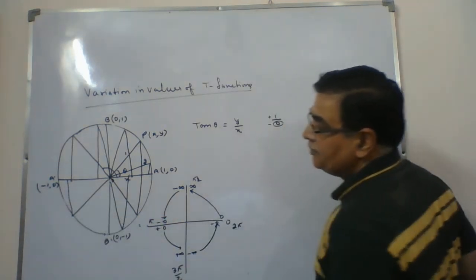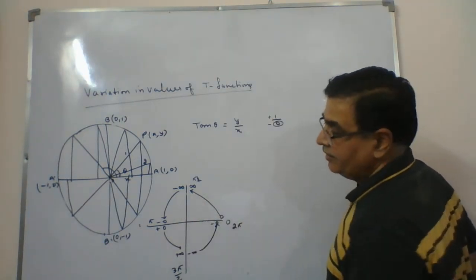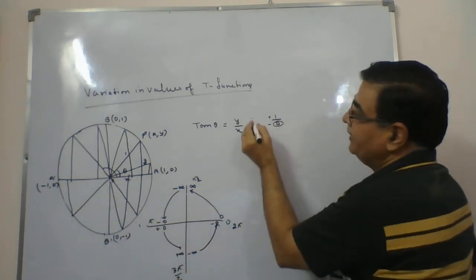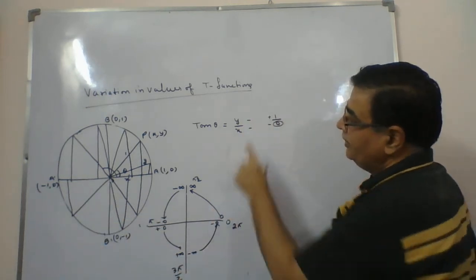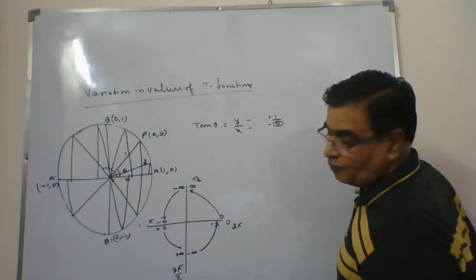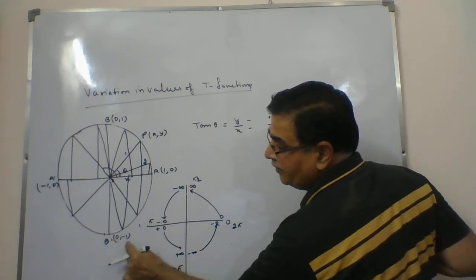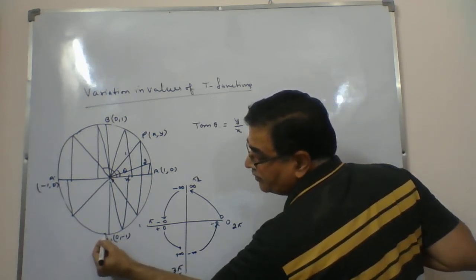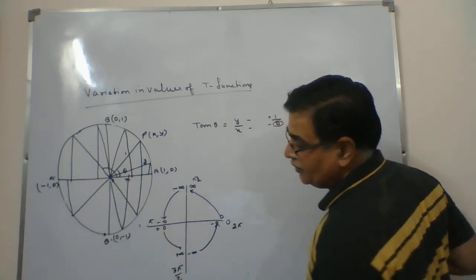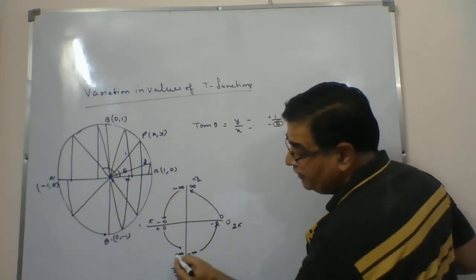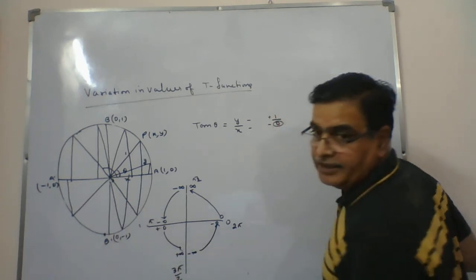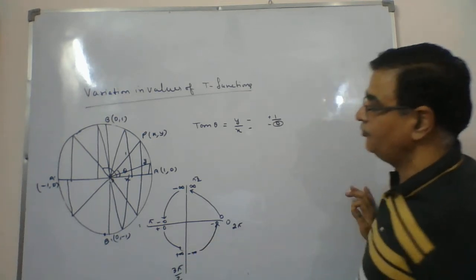At this stage, it will be 0 by minus 1, minus 0 here. As you reach here, x and y both will be negative. So it is negative, it is negative. In this case, the net result comes out to be plus. So 0 minus will now be replaced as 0 plus. Here we will say it is 0 and minus 1. When you are somewhere here, x will be negative, at the same time y is also negative. So it comes out to be going towards infinity, but it's plus infinity. And you shift this side, x will be plus, but y is negative. Y is negative means it will be minus infinity.